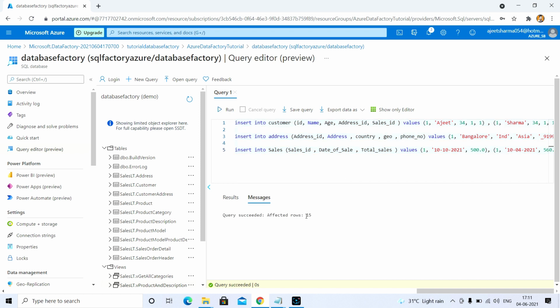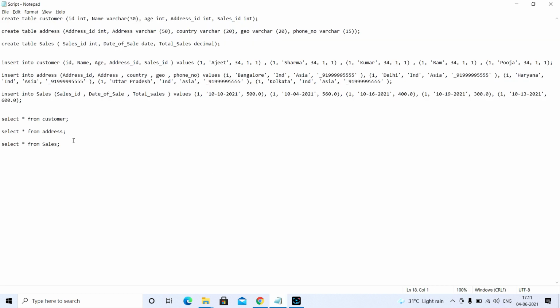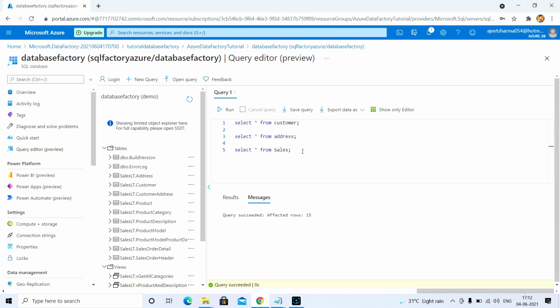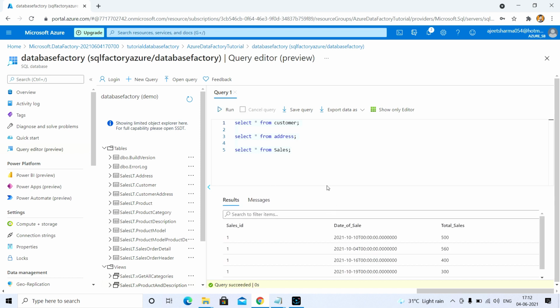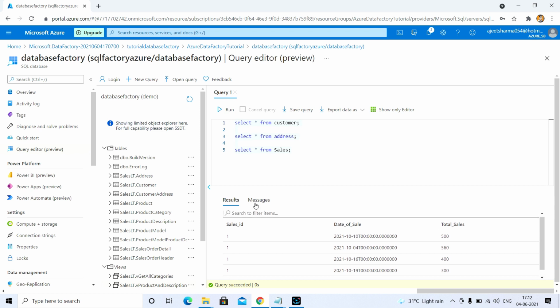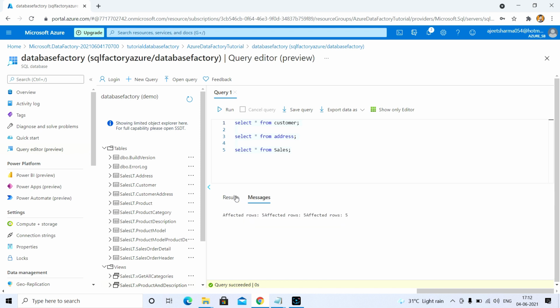As you can see here, the 15th row is created. Now after that, just select that and run that. Running my another query. As you can see here, it succeeded and the value we are getting here, and row 5 is created.